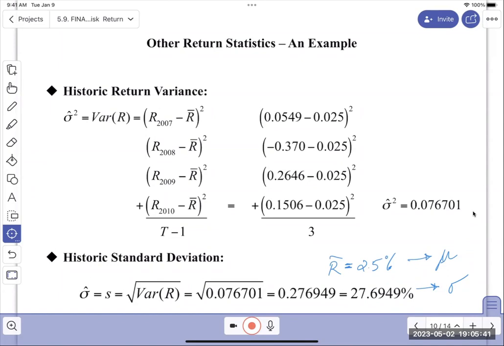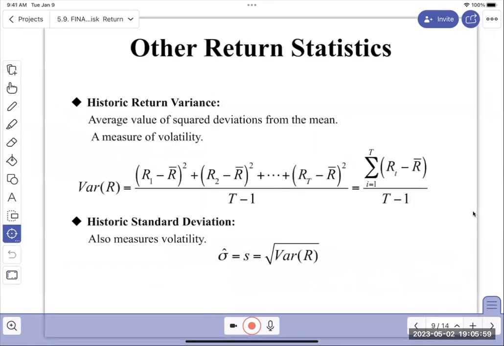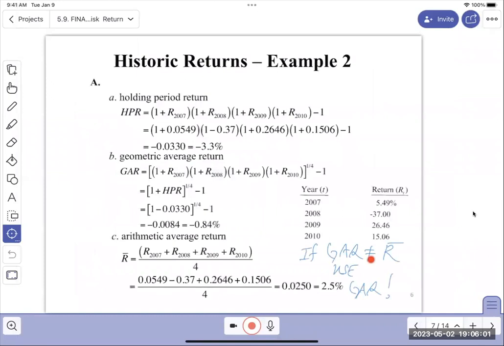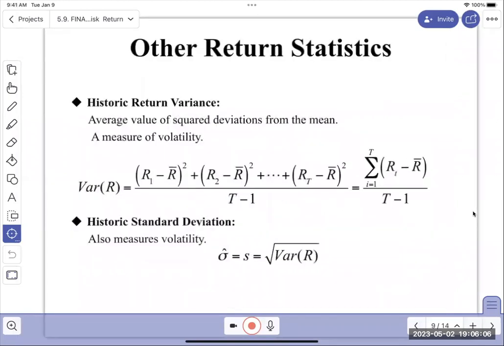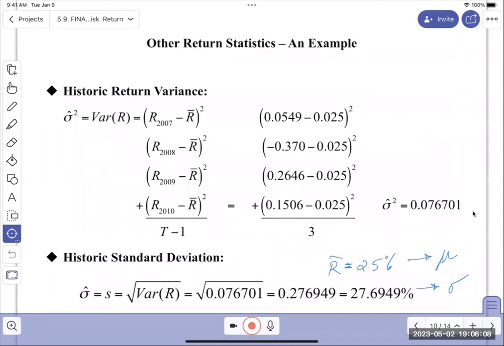deal investing in this security. In this case, it's the S&P 500 over those 4 volatile years. So you must feel a little bit confused. Why am I mentioning this when I told you we're going to use GAR? We would use GAR in the case that there's a difference between them, but I'm trying to make a point about stock returns. So the point about stock returns is, in fact, if you can